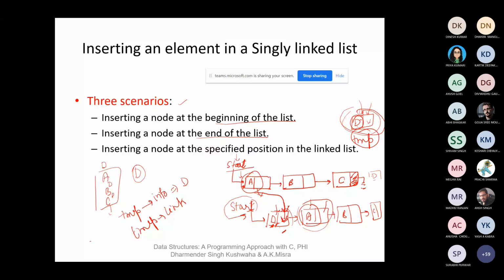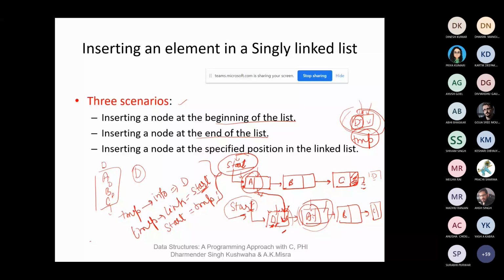और A node का एड्रेस किसके पास है? स्टार्ट पॉइंटर के पास है. तो क्या करेंगे हम? स्टार्ट. temp tends to link में क्या आएगा? Start contains the address of this first node. Now अब क्या होगा कि D से A connect हो गया, but D will be the first node, so it will be connected with the start pointer. So start pointer में क्या होगा?